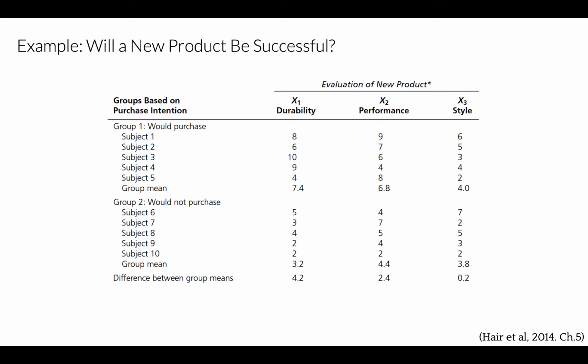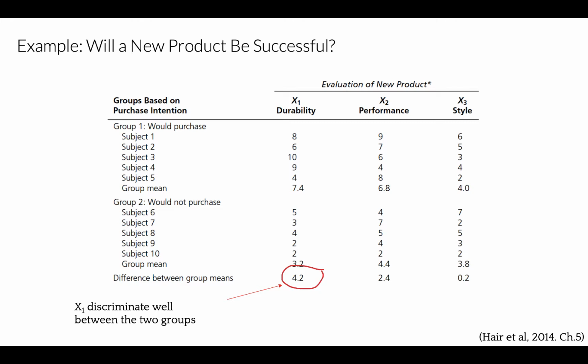Here we have a panel of 10 potential purchasers. Let's examine this table to identify potential discriminating variables. First, there's a substantial difference that separates the mean ratings of X1, which is durability, between would purchase and would not purchase customers. Notice 7.4 is the group mean for would purchase customers, and 3.2 is the group mean for would not purchase customers, group 2. Durability appears to discriminate well between the two groups and is likely to be an important